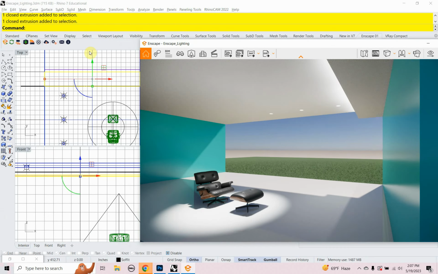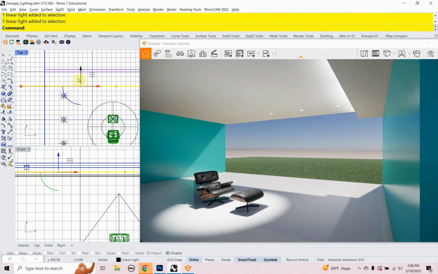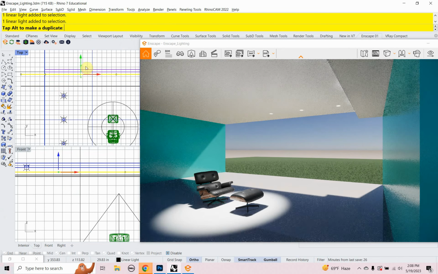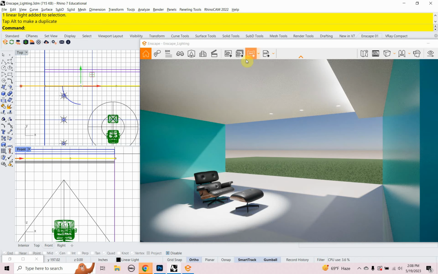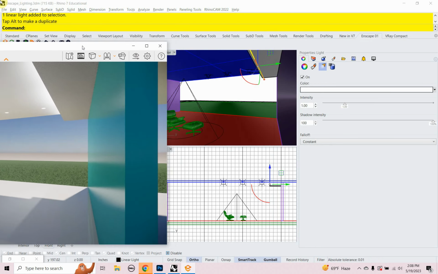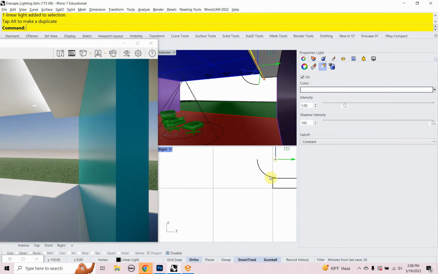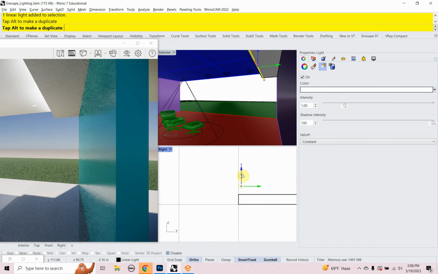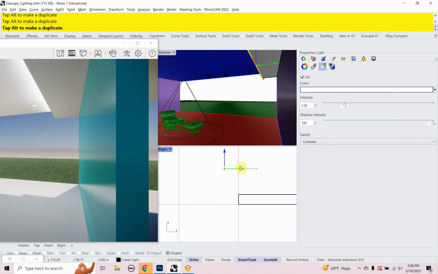For right now, I'm going to look at moving these two lights around. So I'm going to select both lights and move them a little bit, see if I can get rid of that shadow. Okay, maybe. Let's look at this in an elevation view. Zoom in really close to it. Let's look at moving them down and see if that helps anything. Okay, there's the shadow. There, moving it to the left gets rid of that shadow a little bit. Let me get it right